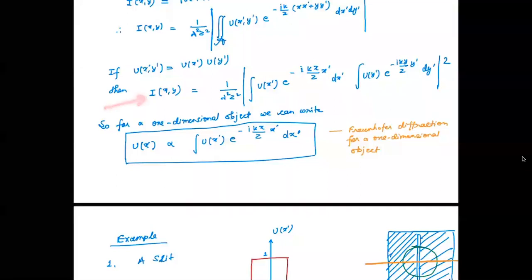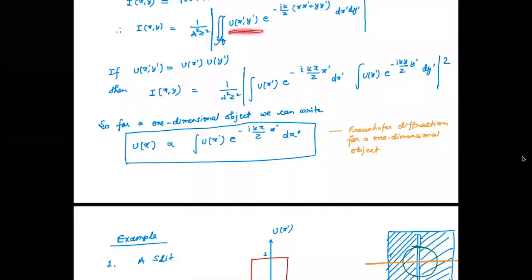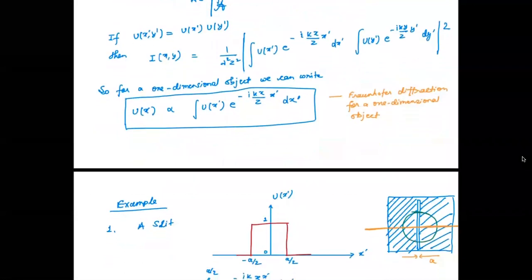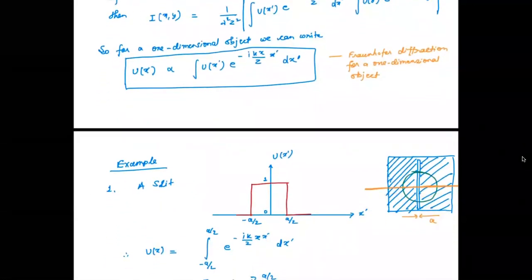Diffraction integral. So once you know the two-dimensional amplitude at the one plane, then the intensity at some other plane z distance away is given with this. And if you just have one dimension problem, this is the simple formula you can use. This formula will work for single slit, double slit, n slit, you name it. And it need not be just a slit. That means it need not be just a flat function.